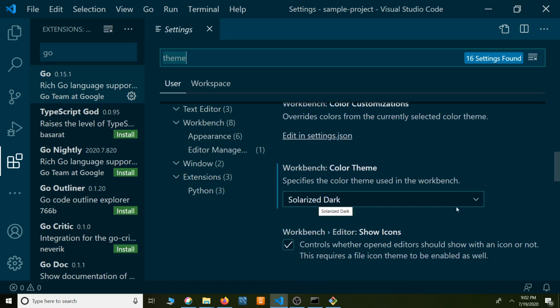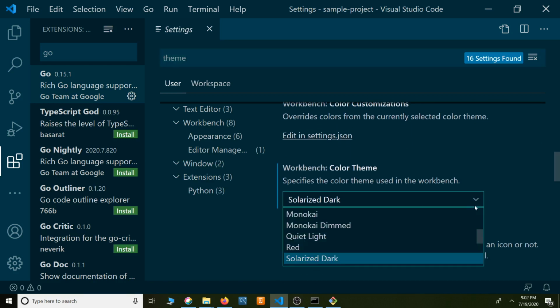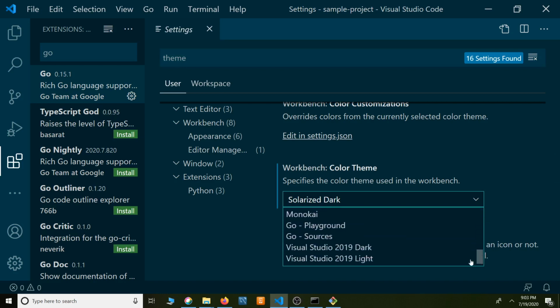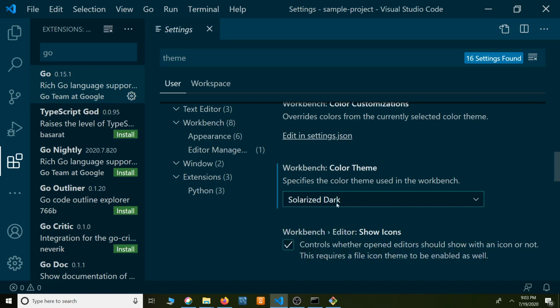I'm using Solarized Dark. Whatever you want to use, you can use. You can use Monokai, you can use Visual Studio Code dark or light. I like Solarized Dark, so I have selected this one. It's optional, it's up to you.